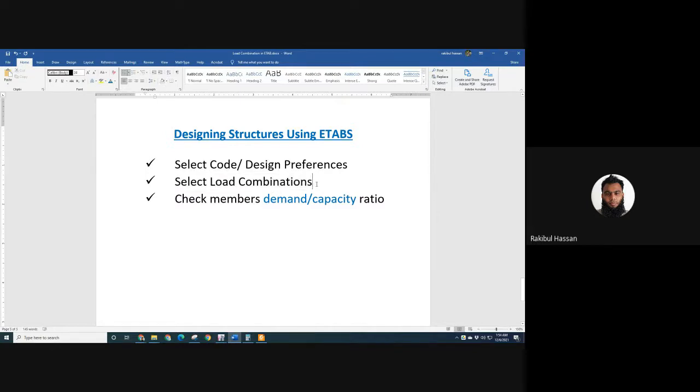So after doing all these things, we want to design the structures under those loading conditions, load combinations. তো এর জন্য আমাদের ফার্স্টে যেটা করতে হবে, সিলেক্ট দ্য ডিজাইন প্রেফারেন্সেস, যে আমরা কিভাবে কোন কোড দিয়ে আমরা ডিজাইন করতে চাচ্ছি এবং আন্ডার হুইচ লোড কম্বিনেশন, এবং লাস্টে গিয়ে আমরা চেক করব